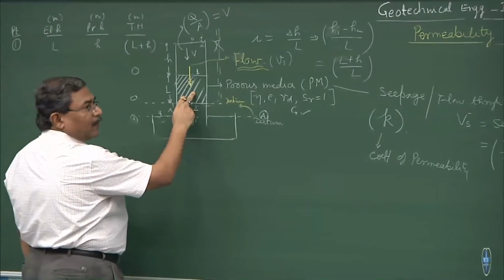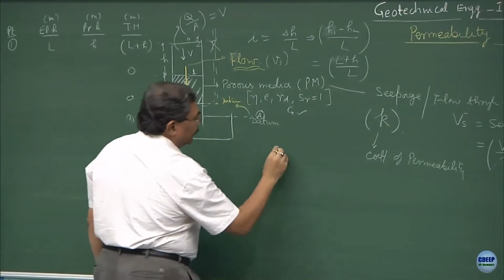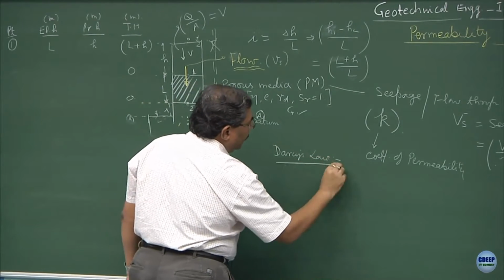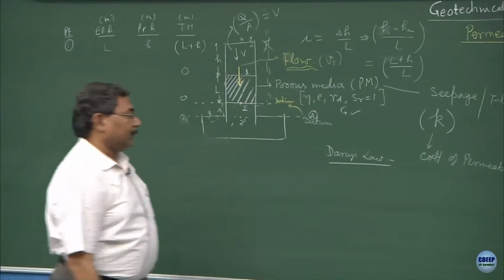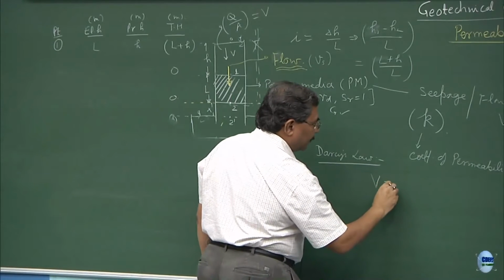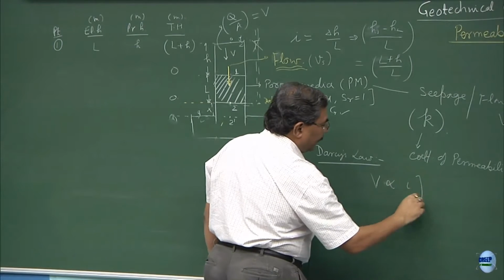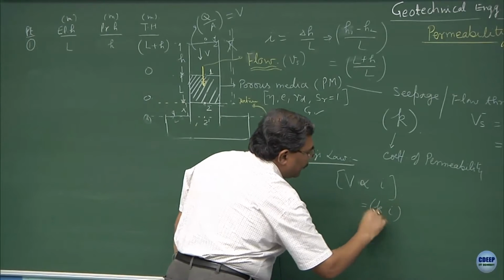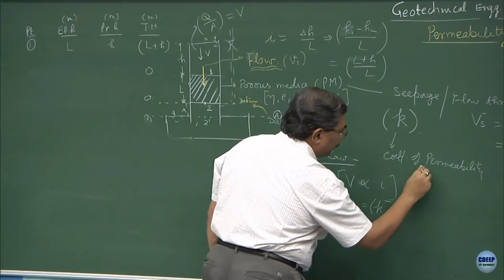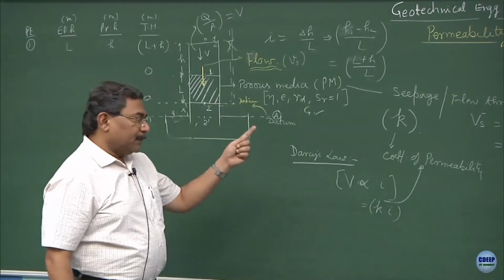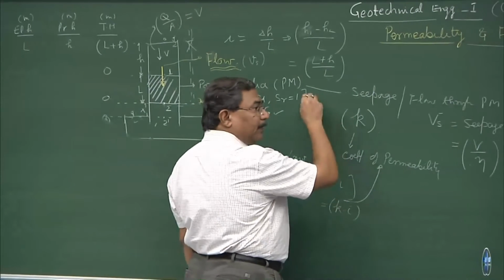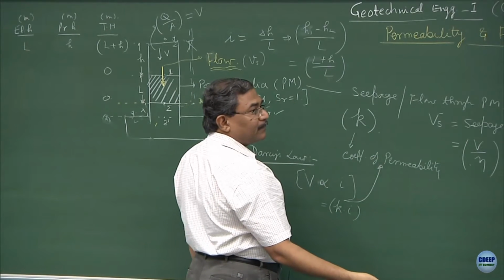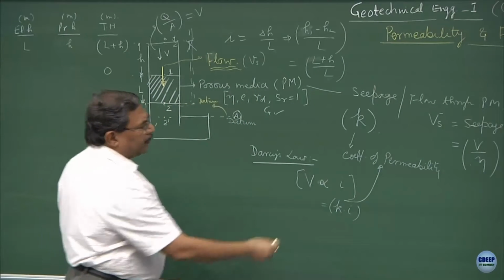Is this part okay? Now, if you go back to this equation where Darcy's law says, Darcy's law is valid for discharge velocity. So, we say that discharge velocity is proportional to hydraulic gradient, correct? Or this is equal to K into I. What is K? Coefficient of permeability. What is coefficient of permeability? This is the resistance offered by the porous media to the flow of fluid. Is this okay? The units are in centimeter per second.